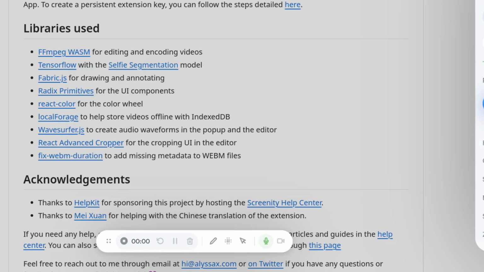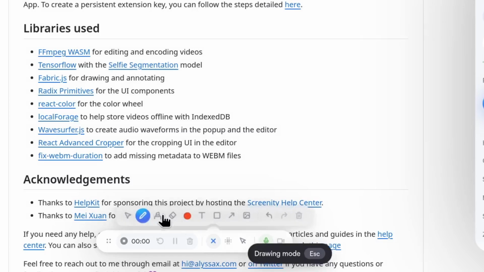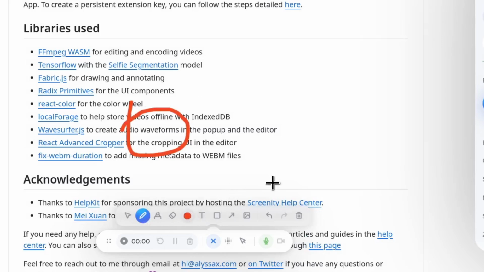At this moment, I'm not recording anything. So if I click on toggle drawing tools, you can see this drawing tool window opens up. So I can now draw anything that I want. I can change the color of the drawing that I'm making. I can highlight if I want. Let me take a different color, and I can type text if I want. So here the text is getting typed,